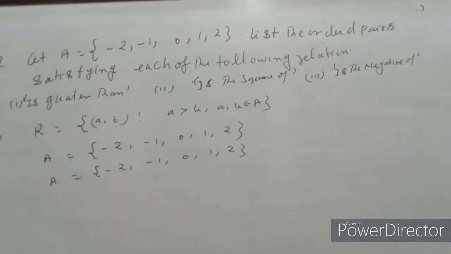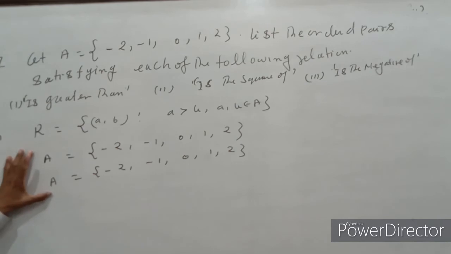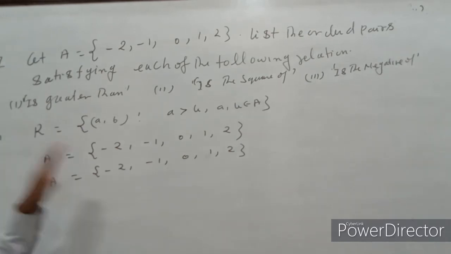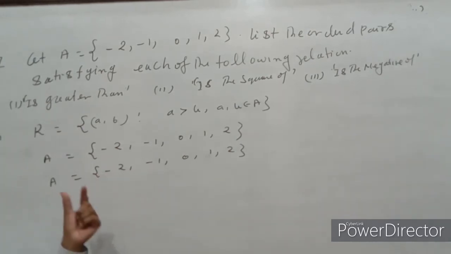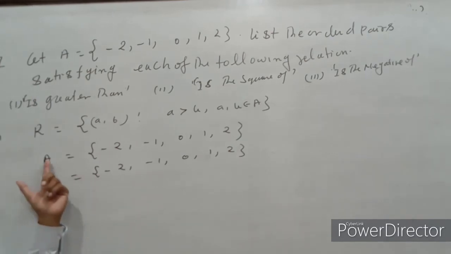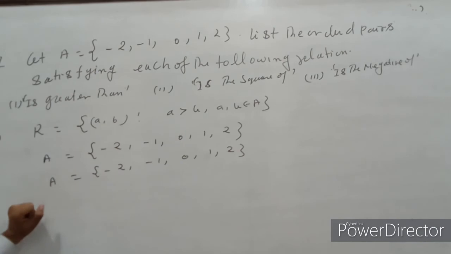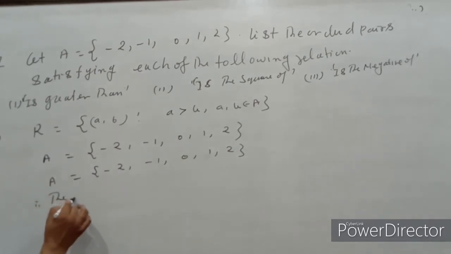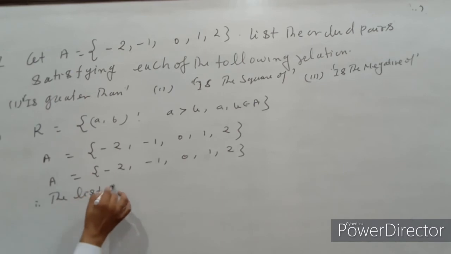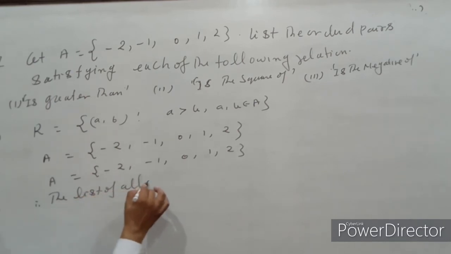Because by the definition, देखिए अगर हमारा रिलेशन on A defined हो तो we write A two times for convenience. So the list of all ordered pairs